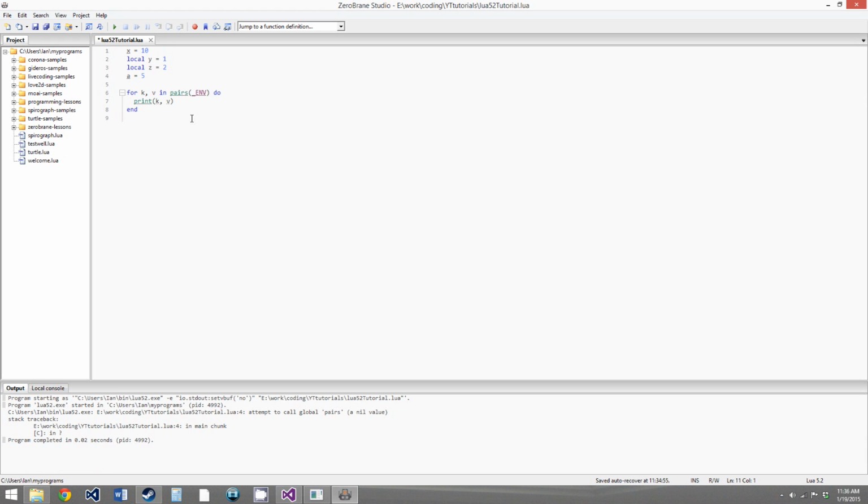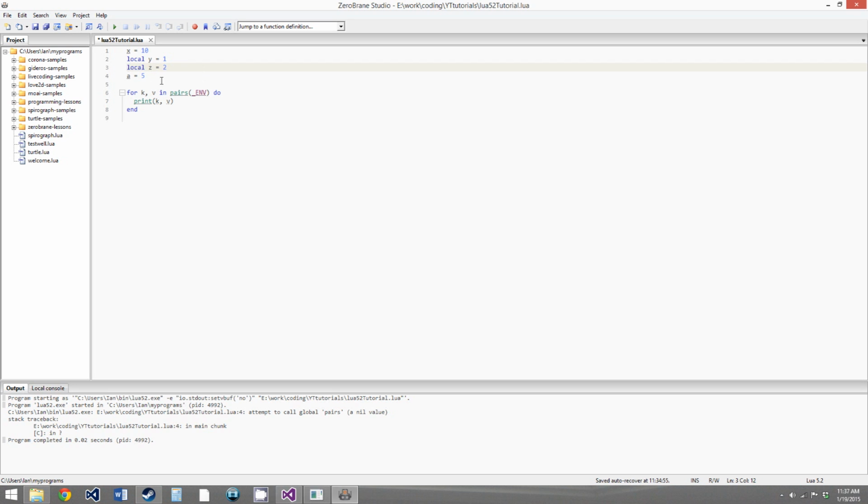So again, just to recap, the _env variable stores all variables that have a higher scope or are more global than the chunk that's currently being run, which is different from the _G variable in that the _G variable stores all of the global variables within the program. So I think I said before that if we were to print all the values in _G here, then _G would contain the local y and z variables. That's wrong, sorry. What would actually happen is they would be the exact same outputs in this case,